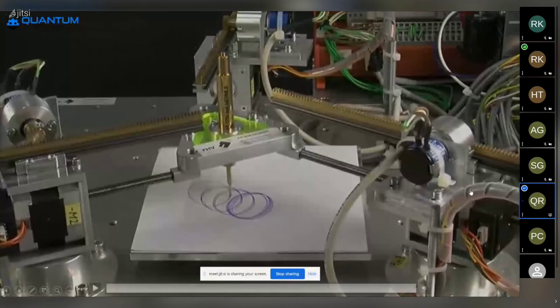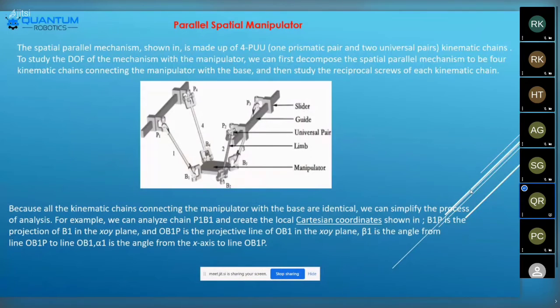Okay, now you got it, the different types of conditions to draw and to place that particular product in a single variancy, and to give the exact accuracy, the facing of that product and the drilling of that product. We can use that manipulator, and it has exact accuracy, point to point origin position, and it makes the most accurate process. And now we can learn about the parallel spectral manipulator.